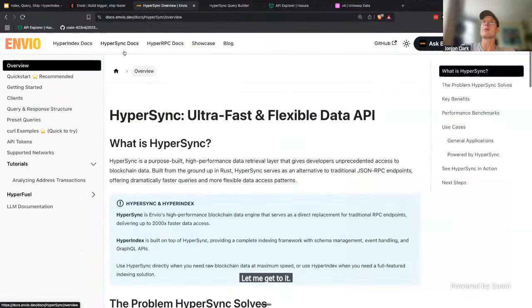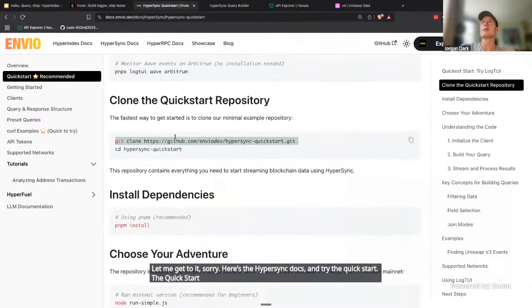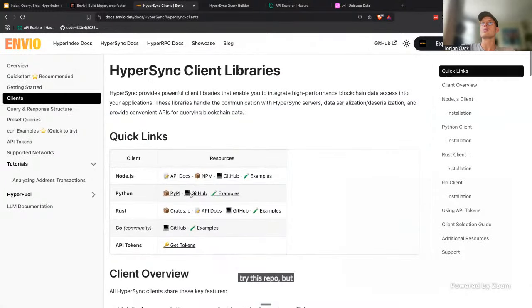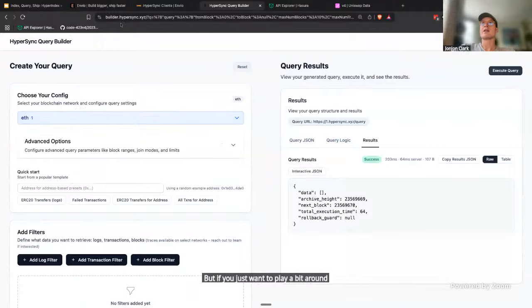Let me get to it. Sorry. Here's the HyperSync docs and try the quick start. The quick start's really good. Try this repo, but you'll use the Node, Python, or Rust clients. There's various examples that you can try running, and you can read lots more about everything. But if you just want to play around with it, you can go to